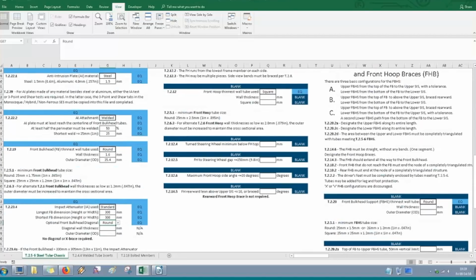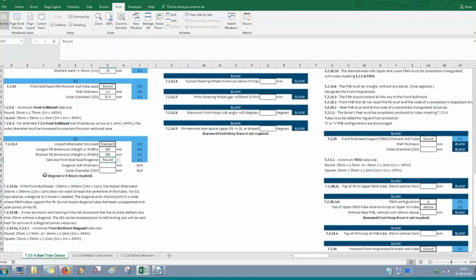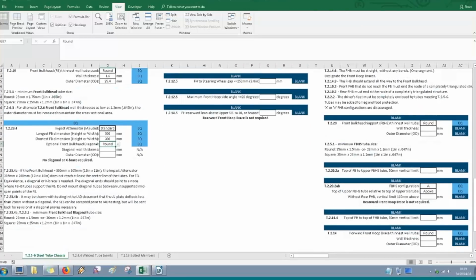And in each section, there's additional explanation of all of the rules. This part is talking about the requirements to run a front bulkhead with no diagonal. So if your front bulkhead is small enough that the impact attenuator on the front of the car is resting at least on the center line of all of the tubes on the front bulkhead, it doesn't need a diagonal. But if we make that bigger,